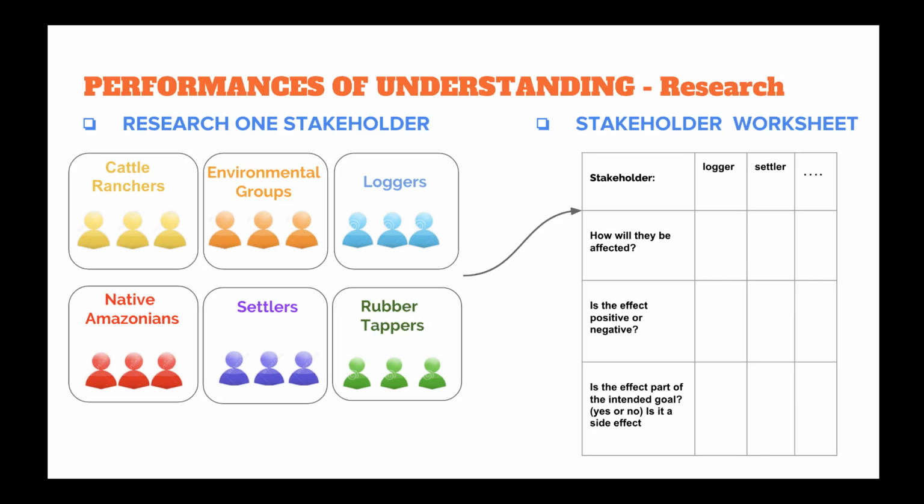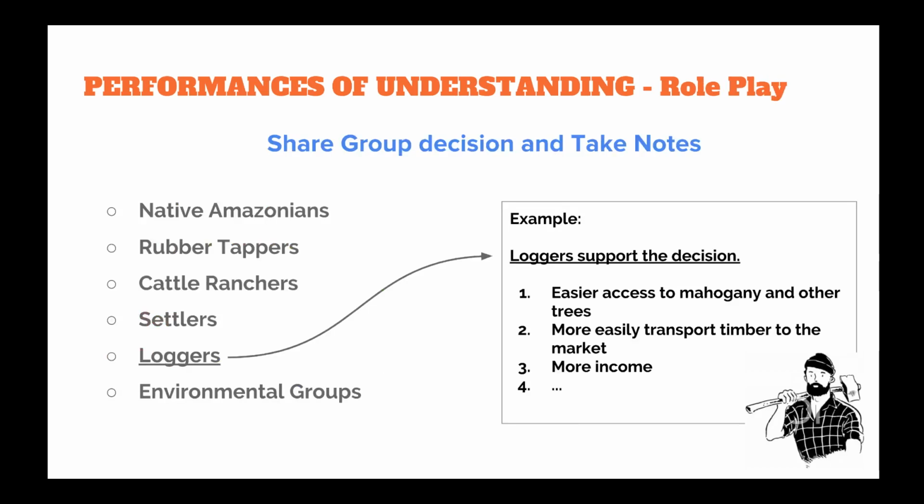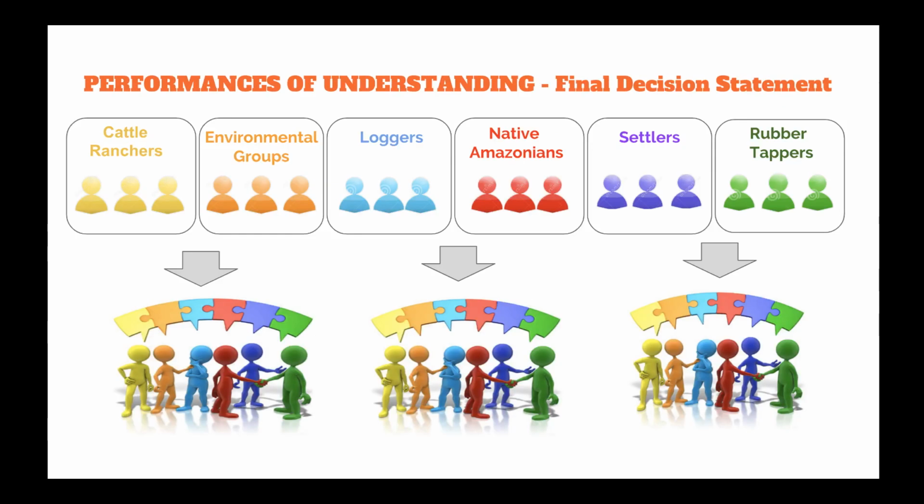When research is done, students are required to fill in the stakeholder table worksheet and decide whether they support or oppose the road building from this one stakeholder's perspective. Back in class, each group role-plays the stakeholder, shares their decision with the rest of the class, and the reason why they made that decision. As groups are sharing, the audience groups can fill out the rest of their stakeholder table worksheet, recording other stakeholders' needs.